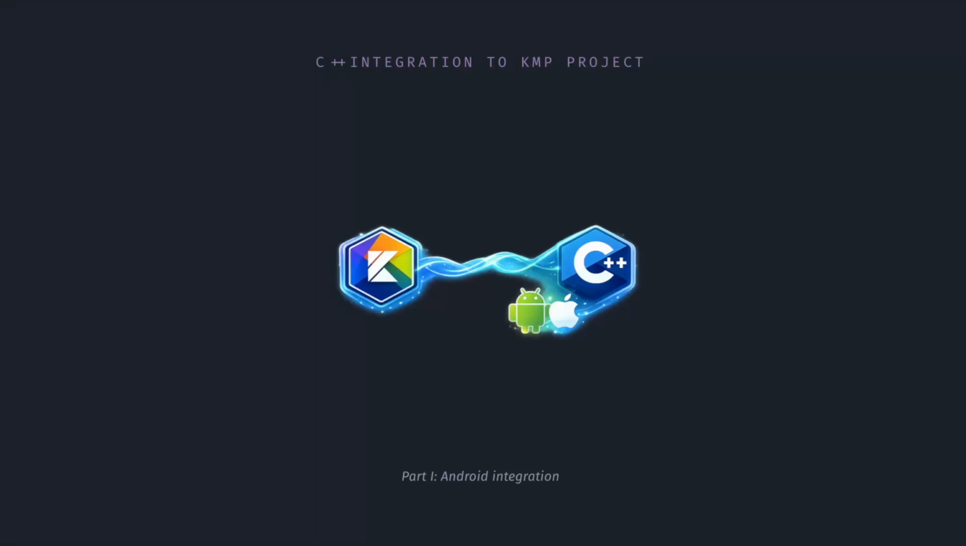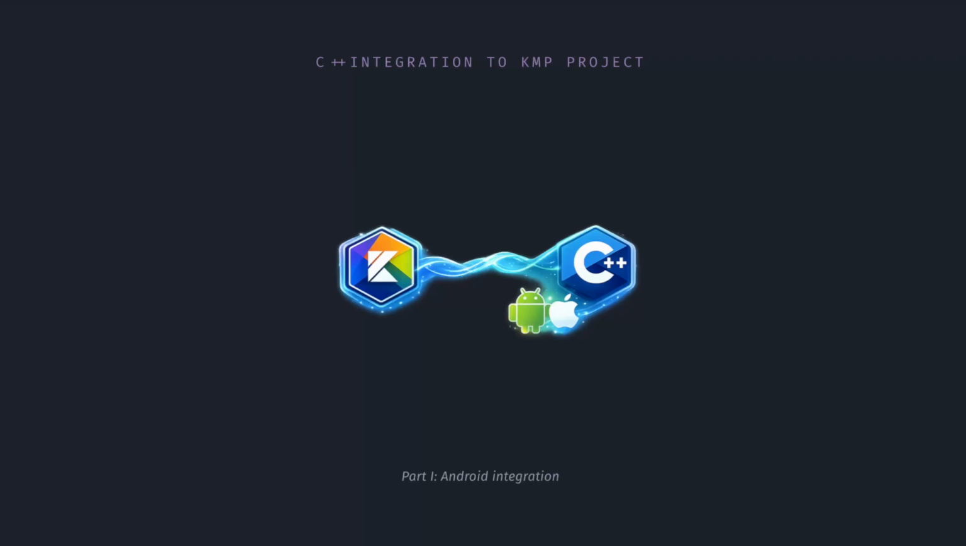Imagine you woke up one day and decide to run some C++ code inside your KMP application. Maybe you want to implement encryption or do some low-level audio or video processing. It's up to you. Or maybe you already have an existing C++ library you just want to reuse. Unfortunately, Kotlin Multiplatform doesn't provide a unified solution for calling C++ code directly, so we need to integrate it separately